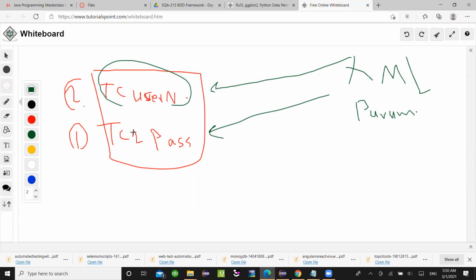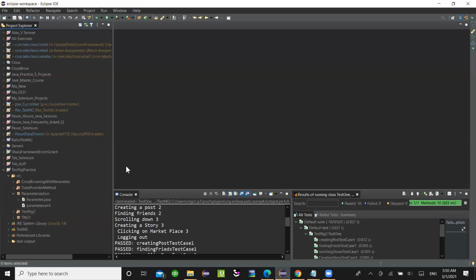Then I give another parameter to this method, whatever method. This is the password, so I need to give this method a parameter. Then this is a username, then I give this method a parameter. So how this works, I